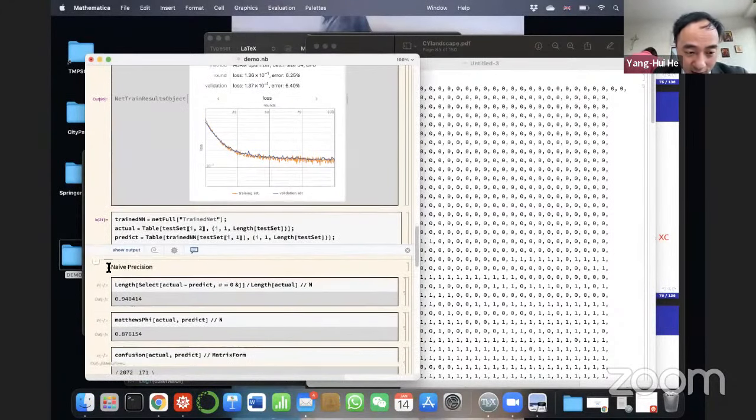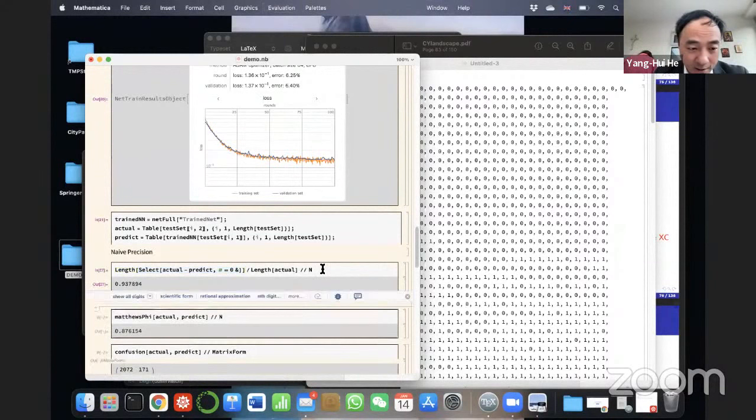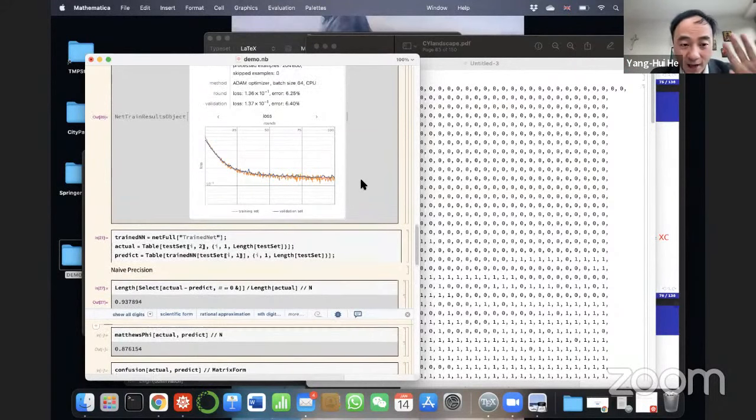So that allows me to evaluate naive precision. What that is, I simply select the number of cases where the two vectors are equal and I count its length, divided by the length of the actual, the full. If you evaluate this, you get a point. Of course, this number changes, right? You get 94% naive precision. That's pretty good, right? It took 6 seconds, 3 seconds for training, 3 seconds for the full validation,